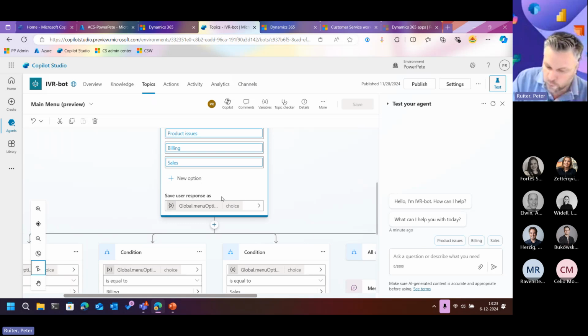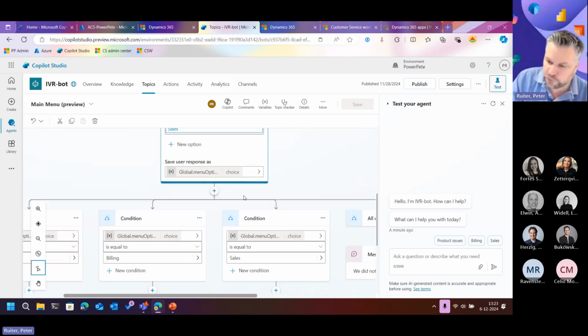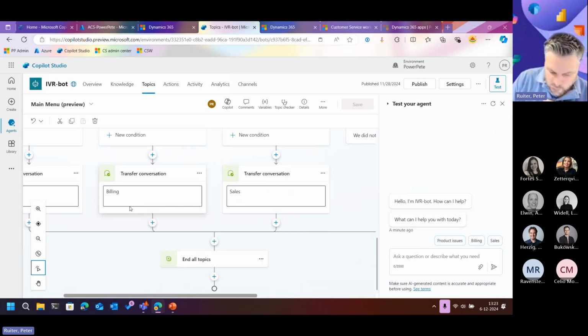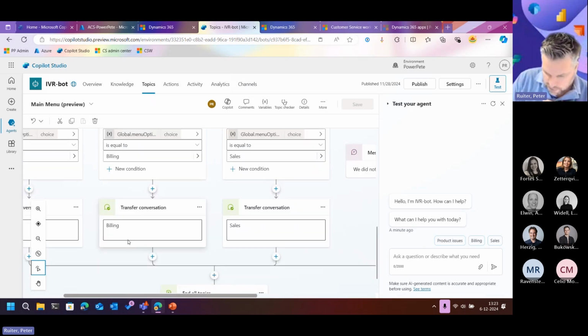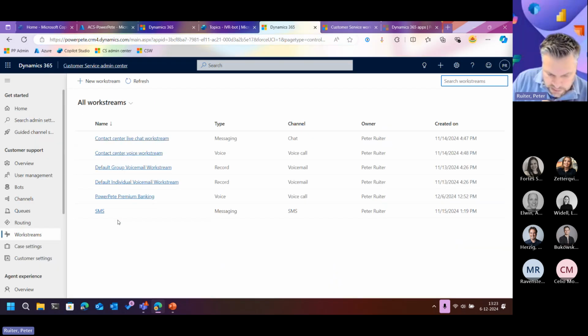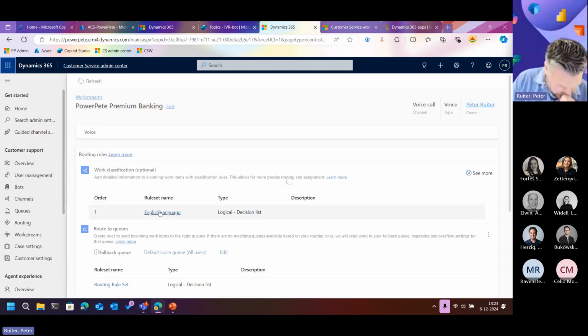I can go and do Power Automate rules to actually get data from Dataverse and see what kind of a level you have based on the phone number that you call into it, right? So once I transfer this whole conversation to Dynamics, to my unified routing, it will come in to my specific work stream, right? And in my specific work stream, for example, this one,